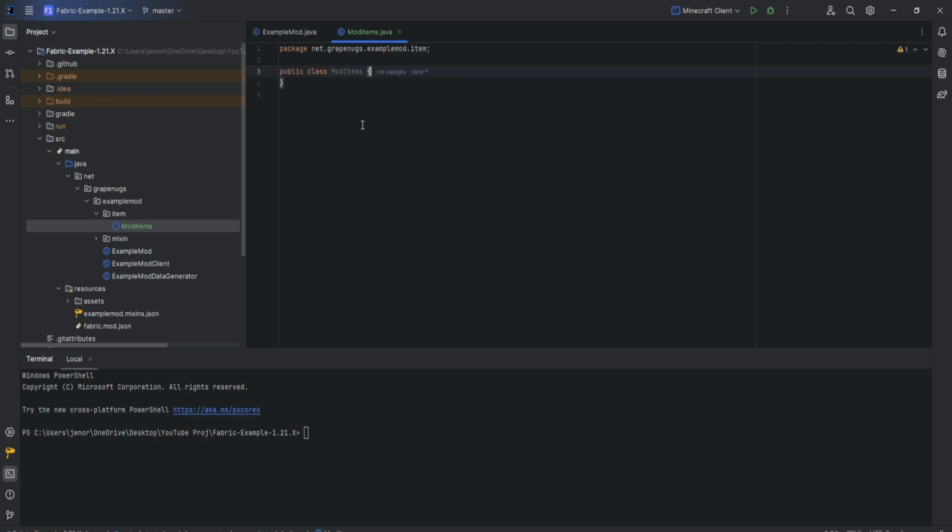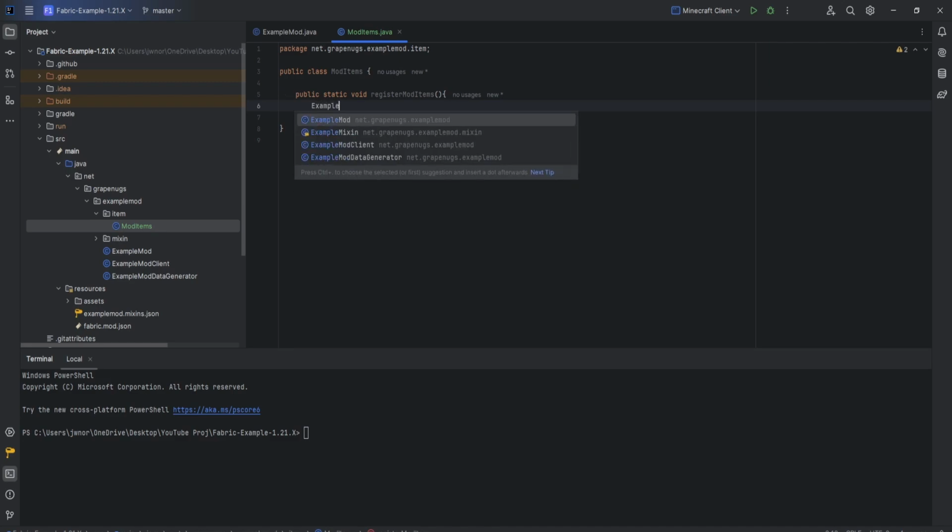So inside the ModItems block, let's come down here, and we're going to create a method called public static void. And I'm going to call it registerModItems. So I just defaulted it to naming it register and then whatever it is that we're registering. In this case, it's going to be a mod item. Now you just add some curly braces, and this is our method. You could leave it empty, but I don't like to, and it's not really a good convention to just leave it empty. So what I'm going to do is call ExampleMod